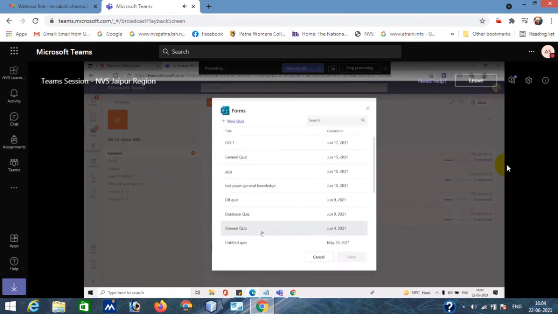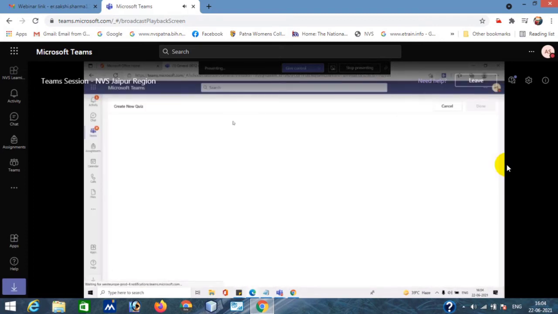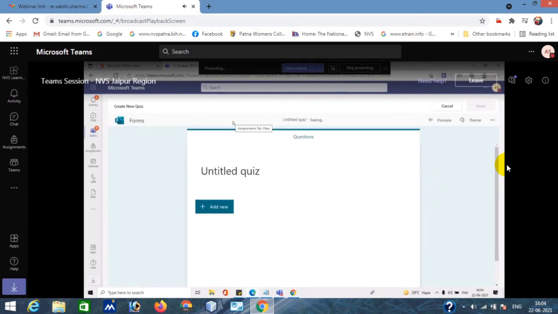So this is my already created quiz. If you want to create a new quiz, you can click on new quiz so that a blank page will open in front of you. So in the quiz, what is going to happen in this form? You can use choice-based questions, text-based questions, and plot-based questions also. All the toolbars are present. Let's suppose if you click on add new, one toolbar is called choice-based. One is called text box. Text box means they can write down the answer in that particular text box, rating-based, date-wise. So all these toolbars are present, so you have to choose accordingly.